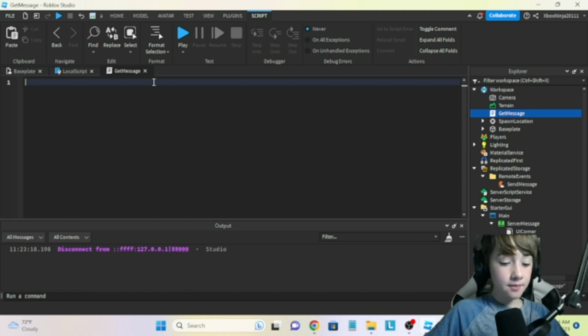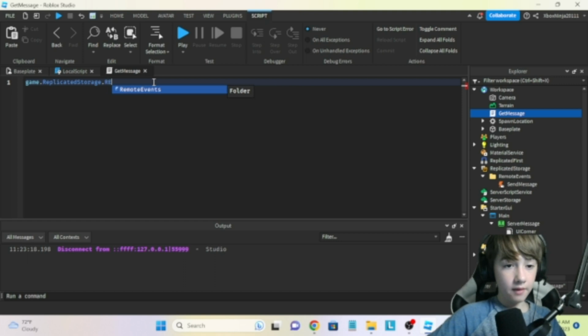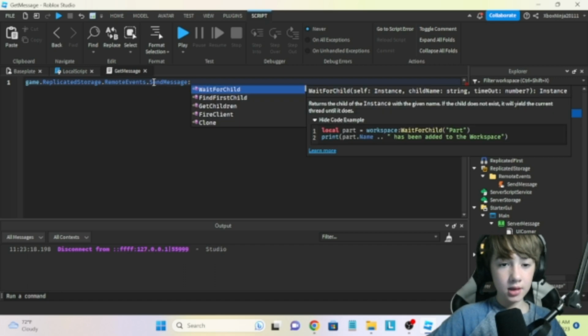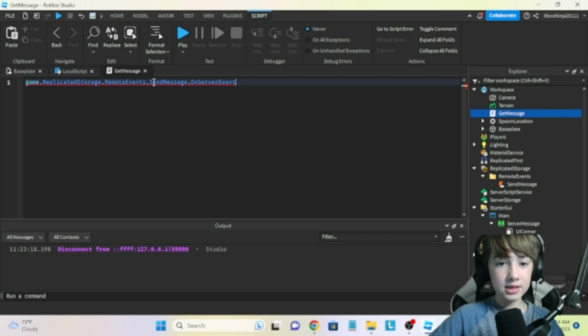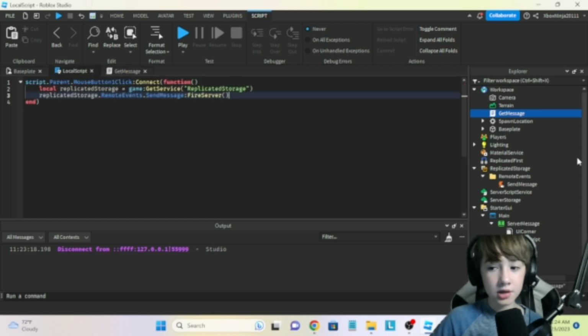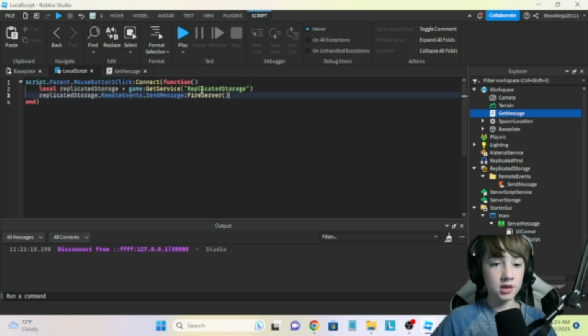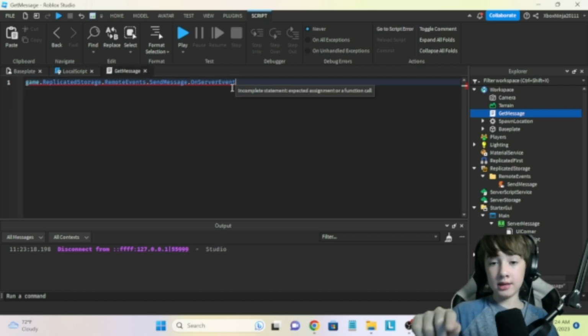So what we could do in here is game.ReplicatedStorage.RemoteEvents.SendMessage.OnServerEvent. This right here fires this to the server. So this function fires it to the server. Then this will access the event that this is sending to. So this is currently firing it to the server when that happens, and then when it receives this message,